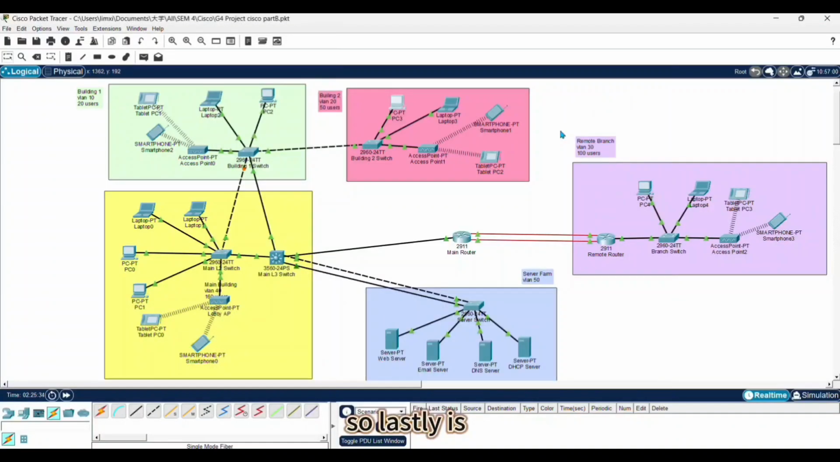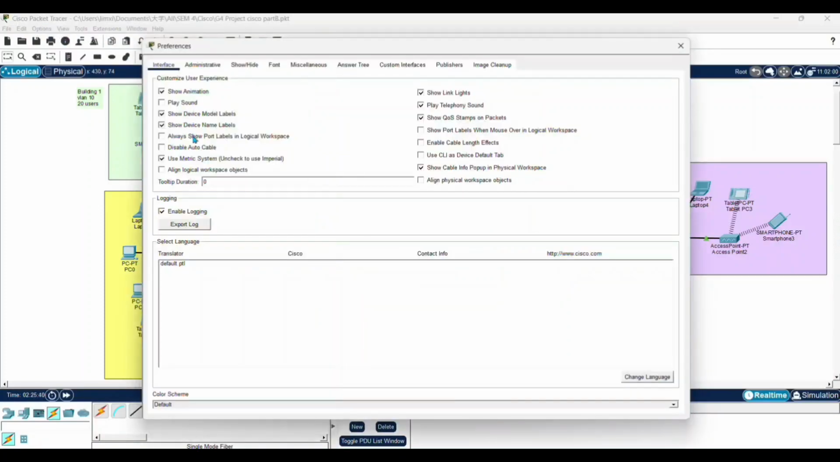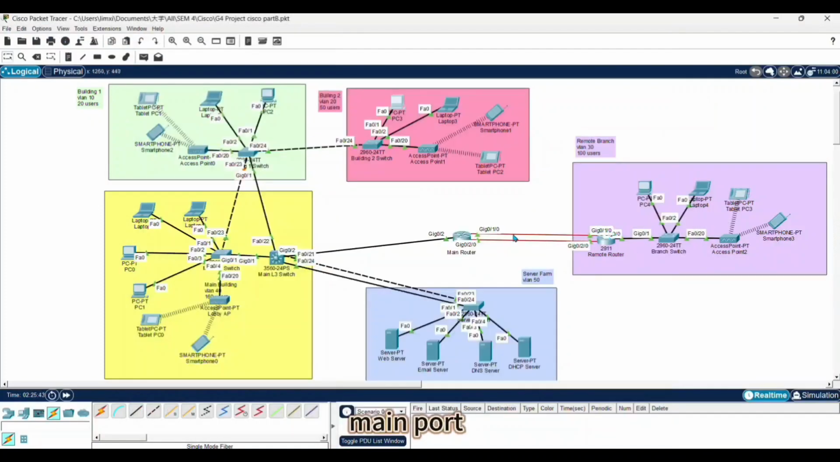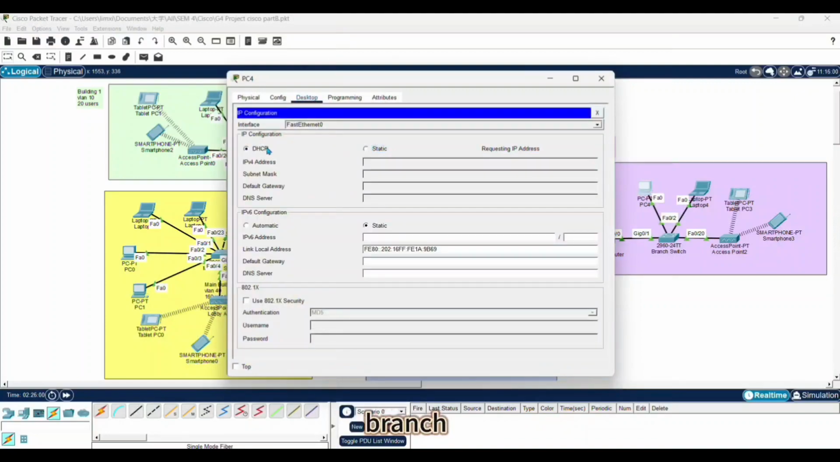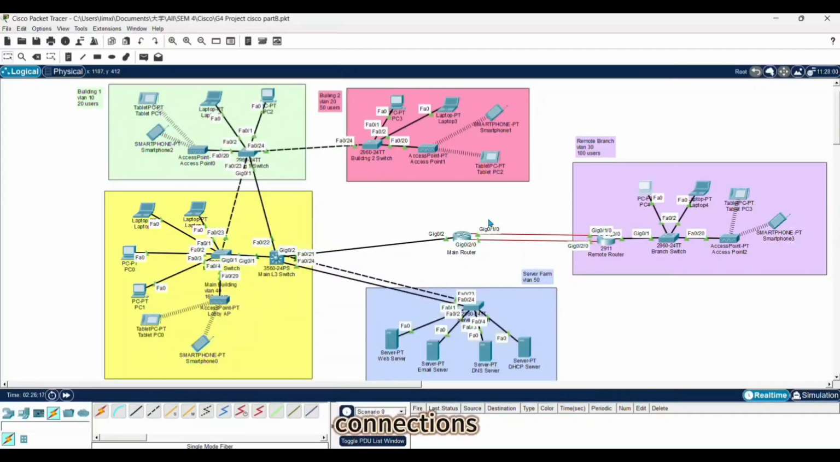So lastly is the connection between the main router and the remote router. Let's check the main port. So Gig 0/1/0 is the main. Let us delete it. When we delete the main line, the PC inside the branch can still get an IP using DHCP. So for the connections between the main router and the remote router, we use a floating static route